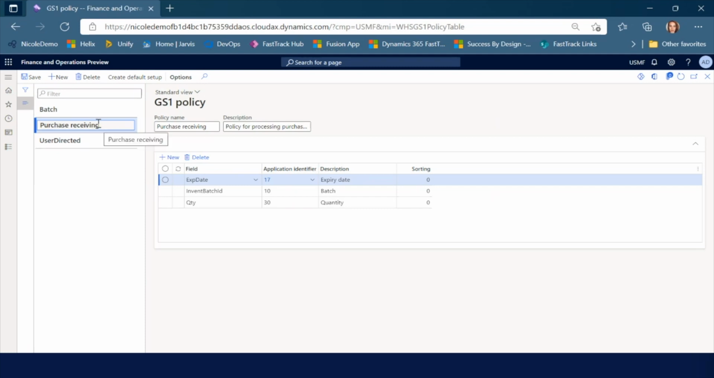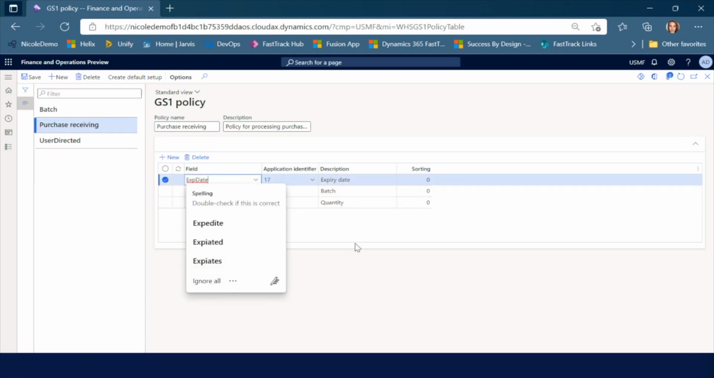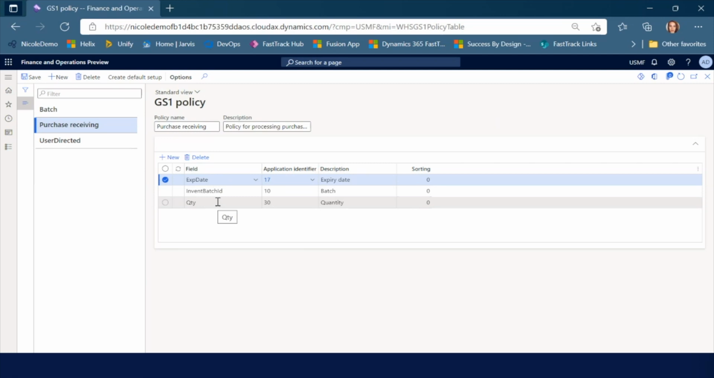So again, this has a default setup where there's a few different examples. If we look at the purchase receiving one, which is the example we're going to go through, you can see that my different data elements include the expiry date for the batch. So I'll have the batch ID and its expiry date, and then also the quantity that I'm going to be receiving. I'm going to point out that there's a sort code. The reason it is 0 across the board here is because it is only used or needed if you have the same field in the